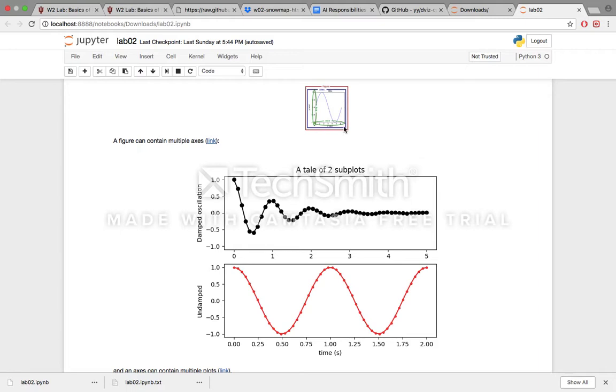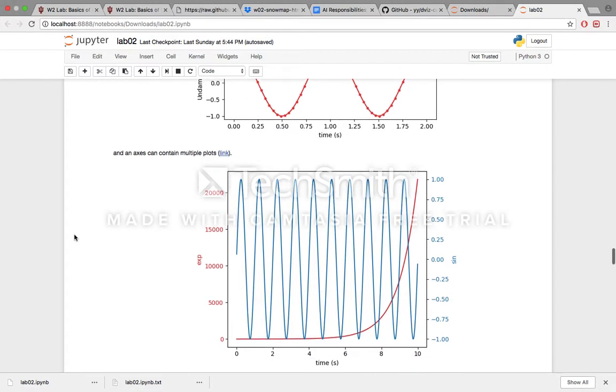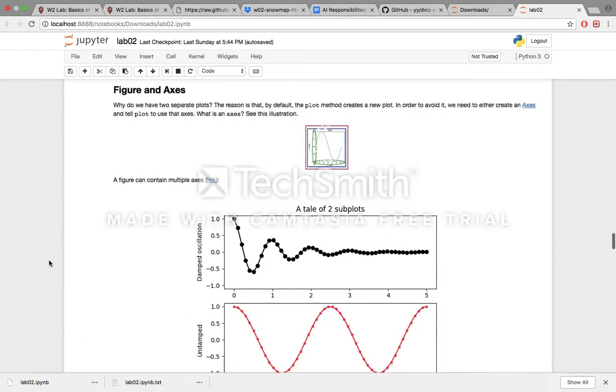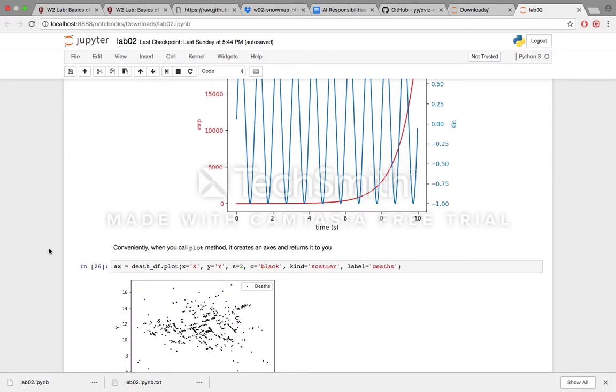If you can see the x and y axis, and then a figure can have multiple axes like this. Both of them have multiple axes, and then an axis can have multiple plots. So this is basically a uniform axis, and then you can see there's two plots. So if you want to group both of these plots together, like here, then what you're going to do is